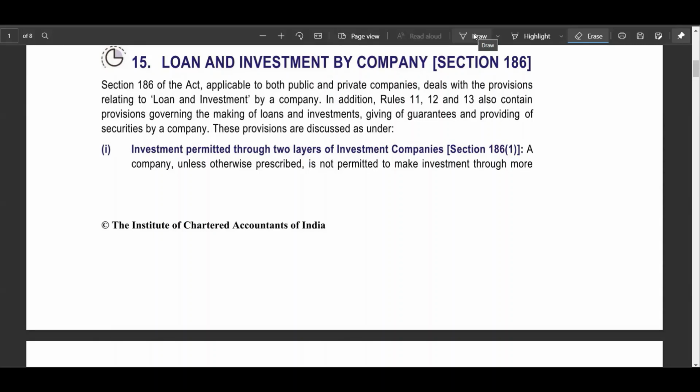That is, a company has to follow some procedures in order to give loans, give guarantees or securities, or provide investments. So they have to follow some procedures in order to conduct that course of action. And as soon as they comply with all the things, then they are good to go. Or if they do not, then a penalty section is given in section number 186 as well. And it also talks about a few things.